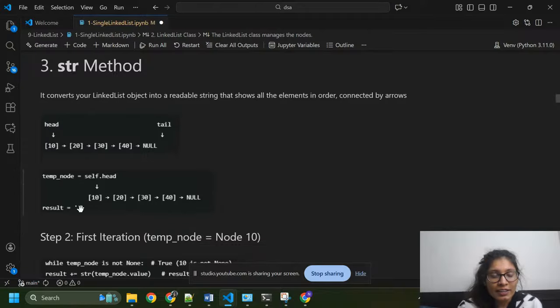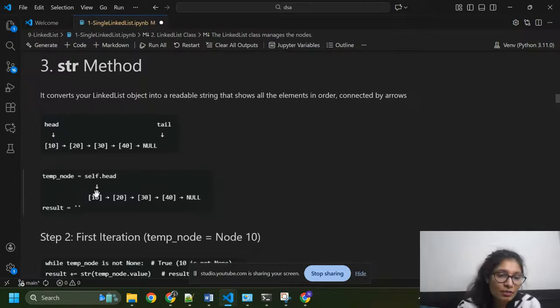Here I also consider temp equals self dot head. This first element will become temp now, because this is the head. So temp node equals self dot head.